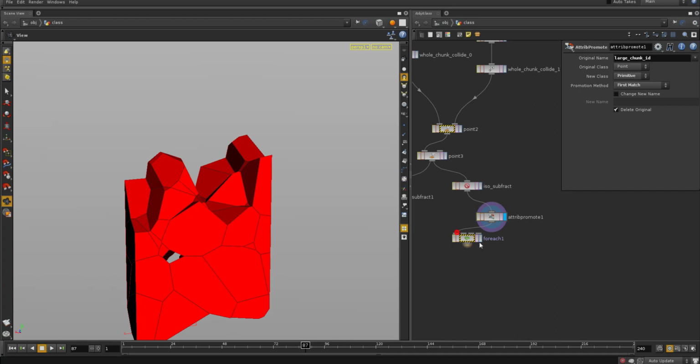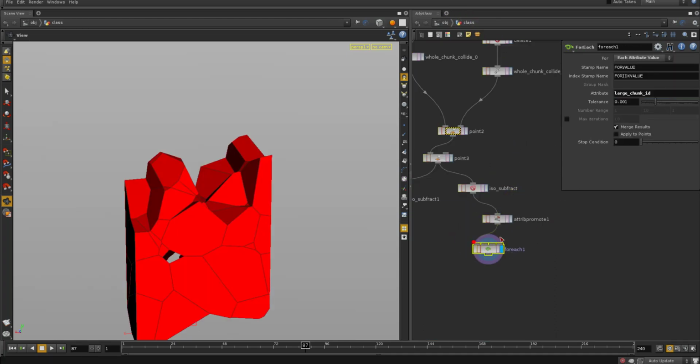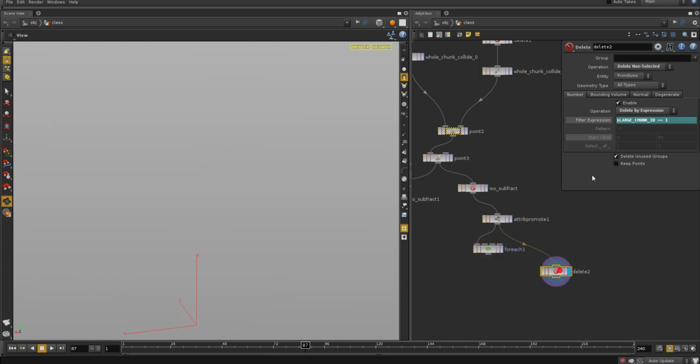Now if I use my for each, it does exactly what it's supposed to do. It loops over each of these chunks. It'd be the same thing as if I did this: delete by expression, large chunk ID equals 1. Be the same thing as if I did that. Okay, it's doing the same thing. It's just looping through the points,